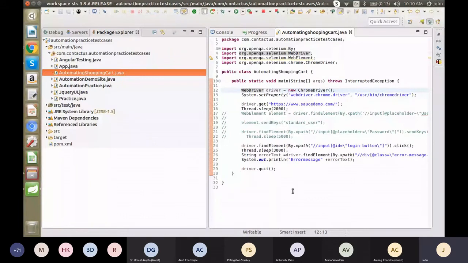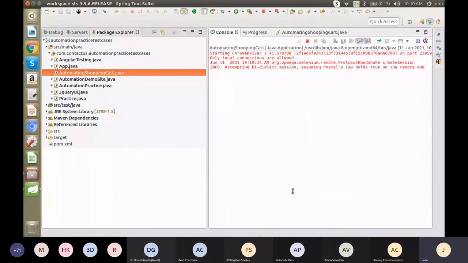So it is loaded now. We'll wait for some time, so it will be loaded.